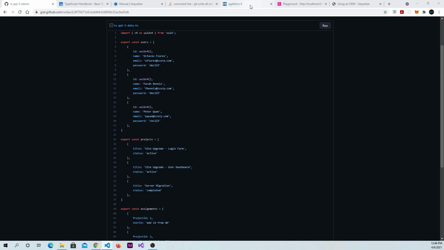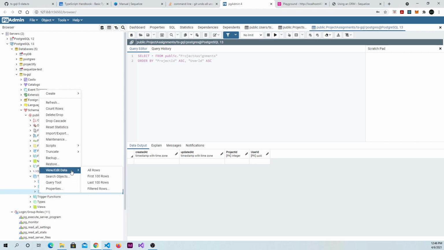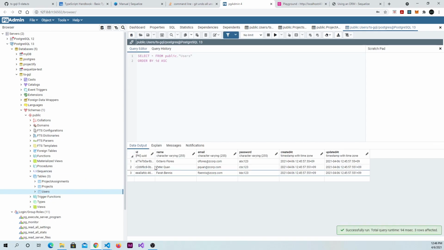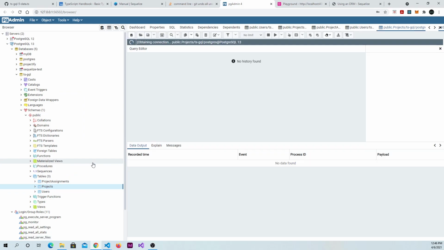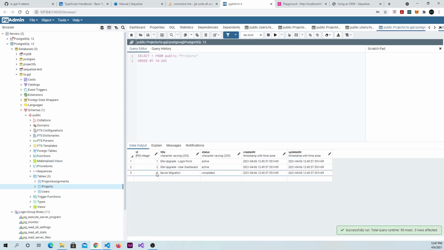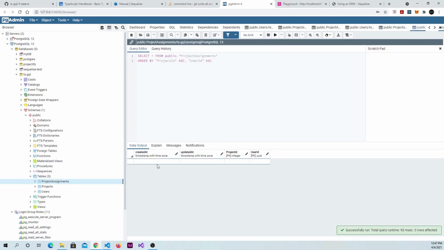If we take a look at our database, we'll probably have users and projects. So if I take a look at the user values, the users got added, that's fine, and the projects got added, I'm sure. Yes, they did 1, 2, 3, that's good. So our project IDs are going to be fine the way we had them set up. But the project assignments, if you look, it didn't add anything. And the reason it didn't is because,